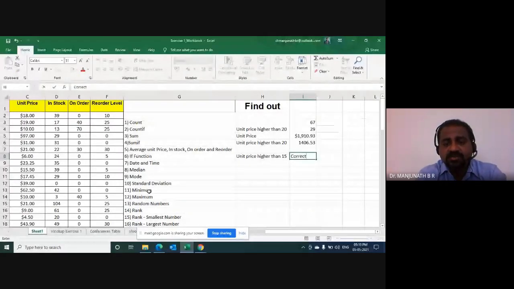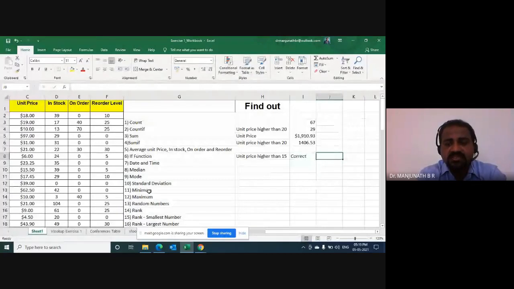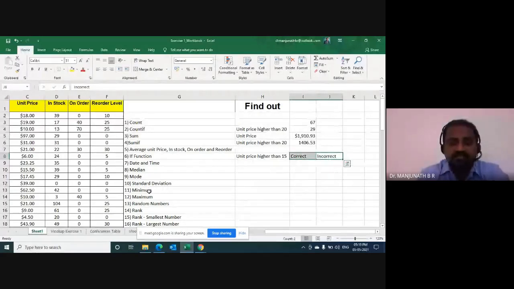If the unit price is less than 15, I would like to see the comment as incorrect. Higher than 15, it should automatically come as correct. Less than 15, automatically it should come as incorrect. So that is the task.